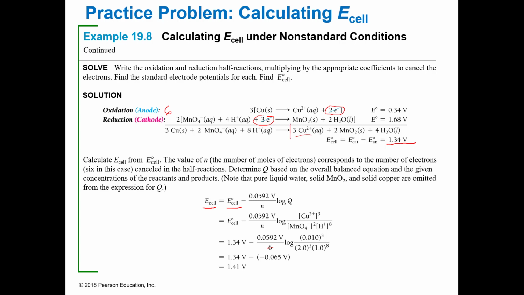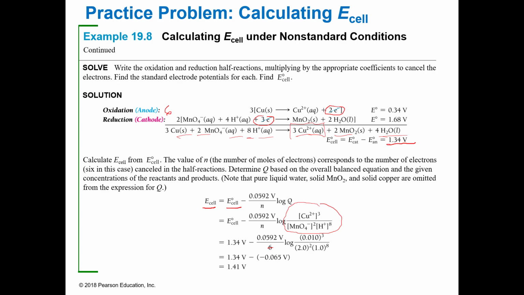Well, notice this is the only one that's aqueous. So again, throw back all the way to chapter 15. Pure solids, pure liquids do not go into the equilibrium expression. Over here, the copper doesn't go in because it's a pure solid, but these two go in because they're aqueous. So that's why this looks like that. It's always products over reactants raised to the correct